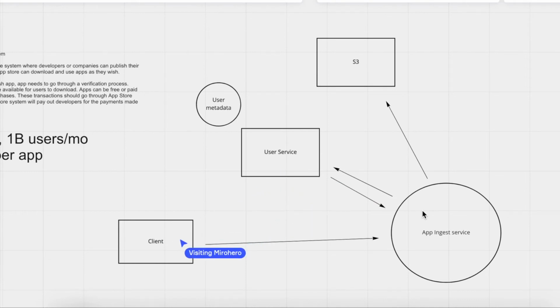So in that case, as soon as the application is finished publishing, and it's on the App Store, so to speak, we want to send them a notification. Sure. Okay. So in that case, I'm thinking we may need a separate service, like a notification service,